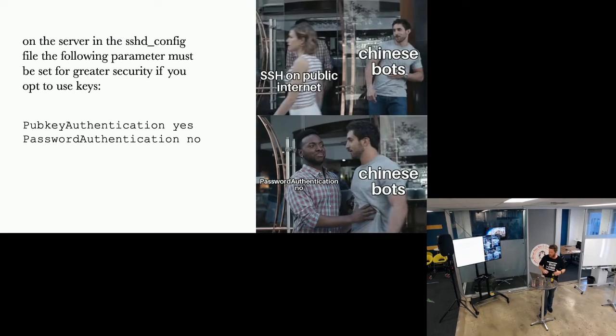So after you've sent your public key to the server, you should turn off password authentication in the sshd config file. If password authentication is left on, you'll have hundreds of attempts per hour from Chinese bots trying to break into your service. It will not stop. I had my SSH server at home set up on port 22 for a couple of days, and my auth log was out of control. I just had hundreds of attempts from random IP addresses all over the world trying to break into my service, so I had to change to a higher port number, which sort of made that abate a little bit.